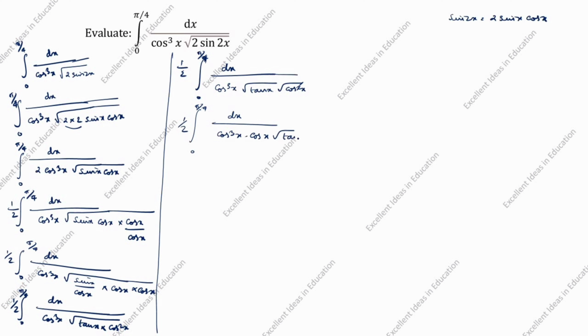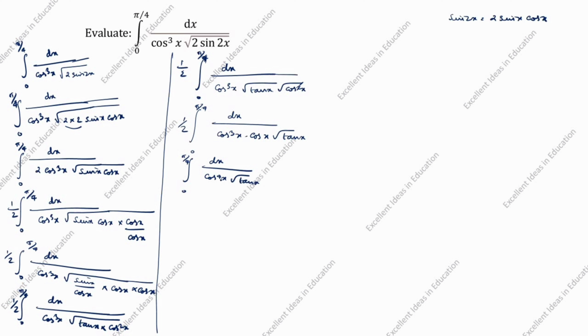Next, 1 by 2 integration from 0 to pi by 4 of dx divided by cos cube x into root of tan x into root of cos square x. This square and root is cancelled. Next, integration of 1 by 2 dx divided by cos cube x into cos x root of tan x. Next, integration from 0 to pi by 4 dx divided by cos power 4x root of